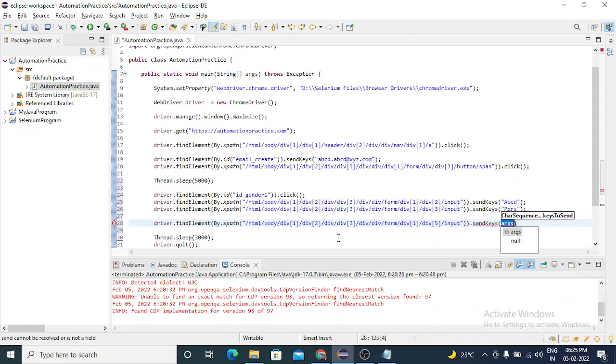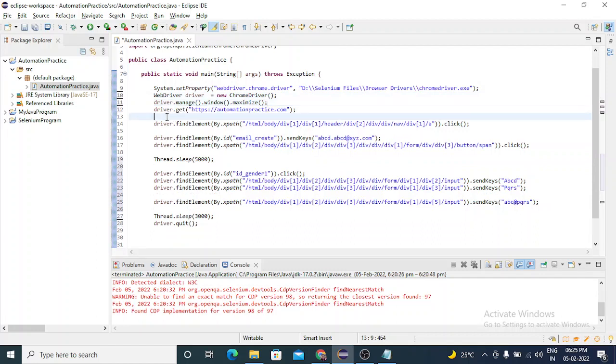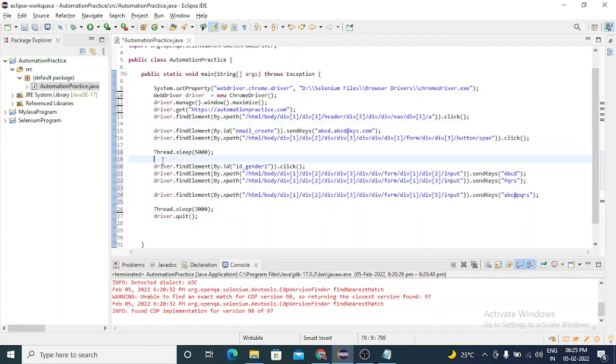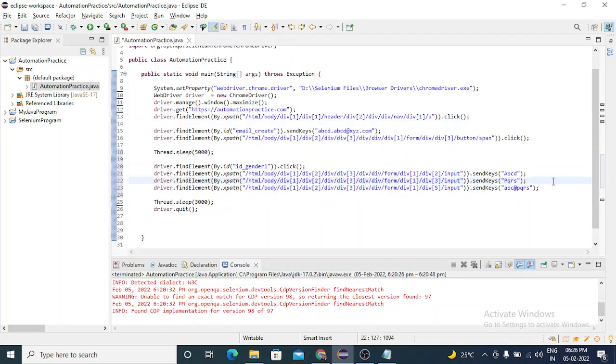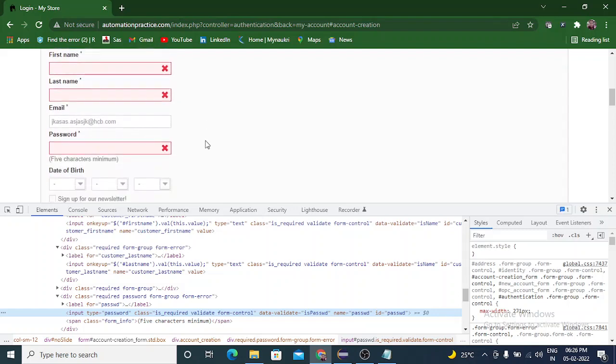We need to send some characters. So let me put abc at the rate pqrs. So this is the password field, and it is done.